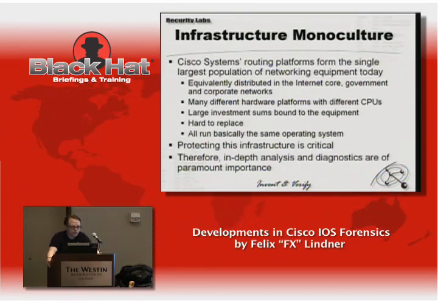Which brings us to the point, what does the infrastructure look like? We do have something like an infrastructure monoculture. It's not mono as in just one single thing, but mono like Windows operating systems on the desktop. There are people running something different, but most of the infrastructure we're looking at is Cisco systems routers. They're equivalently distributed over all types of networks: government, internet core, corporate networks, even small home networks, and so on. They have many different hardware platforms, but